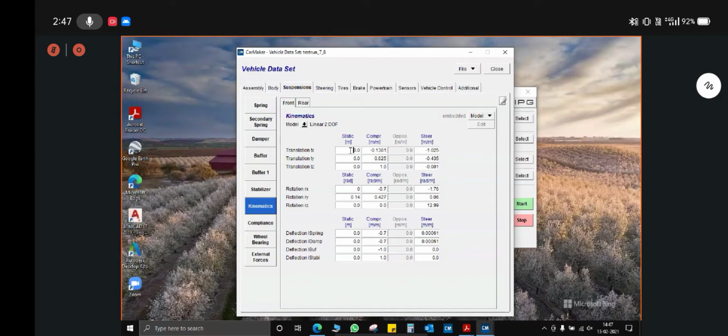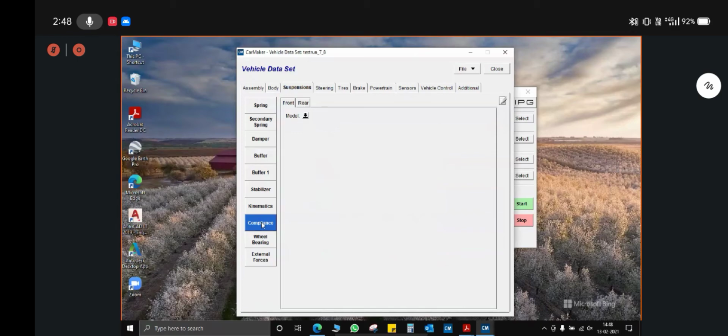If you need to change your turning radius, it is possible using this kinematic step. The turning radius and the wheel travel all have to be defined using this kinematic tab. So remember to use this tab to optimize your vehicle, including its turn characteristics.